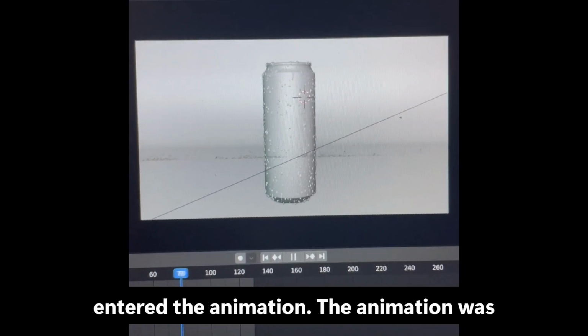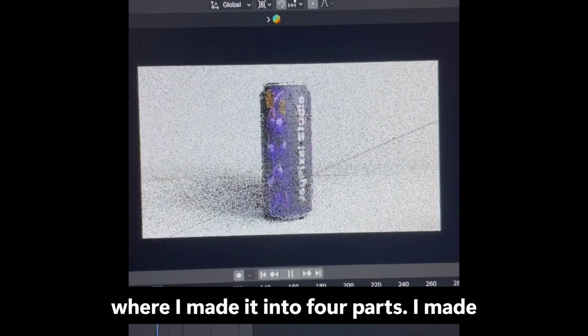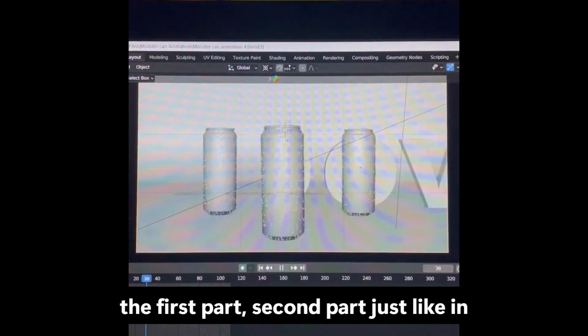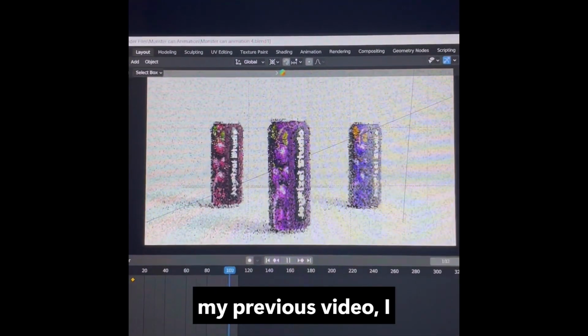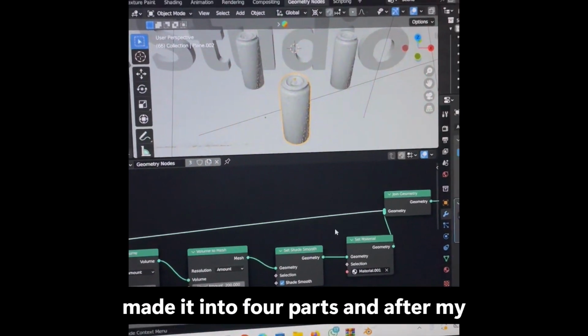Then I now entered the animation. The animation was where I made it into 4 parts. I made the first part, second part, just like in my previous video. I made it into 4 parts. And after my animation,